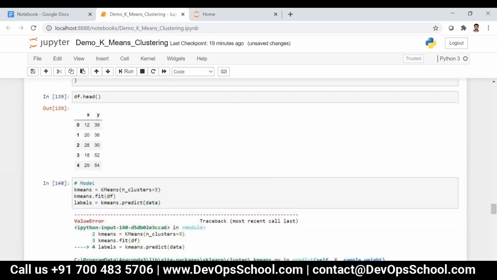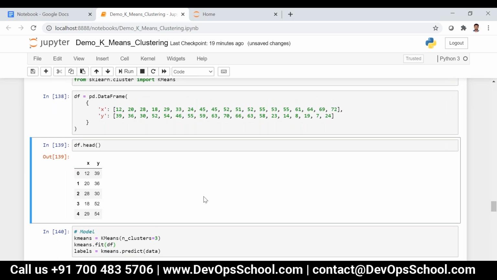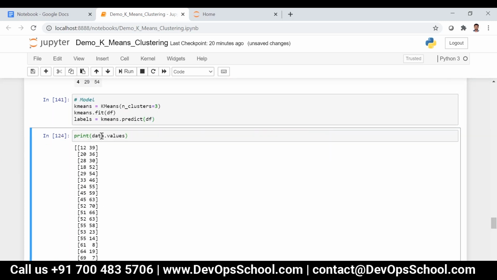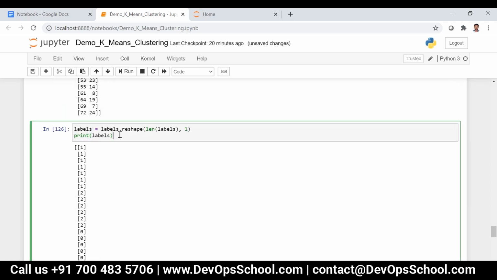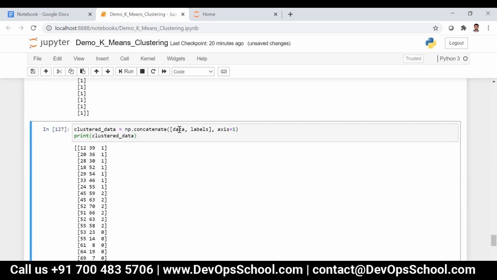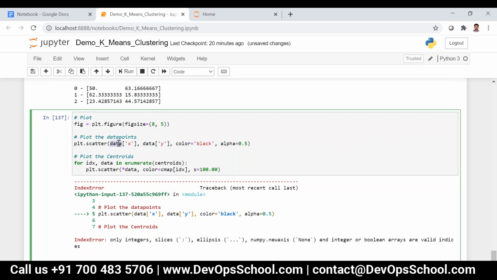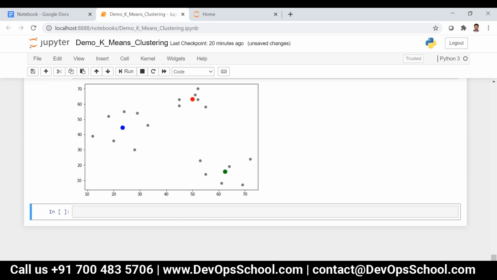Expected 2D array, and then df, and then labels, and then again df. Yeah, now it will not be any problem because it is overridden. That is the problem. Okay, yeah, now you can see the output.